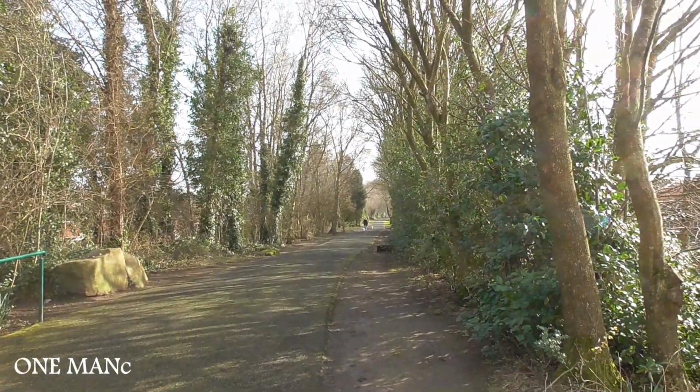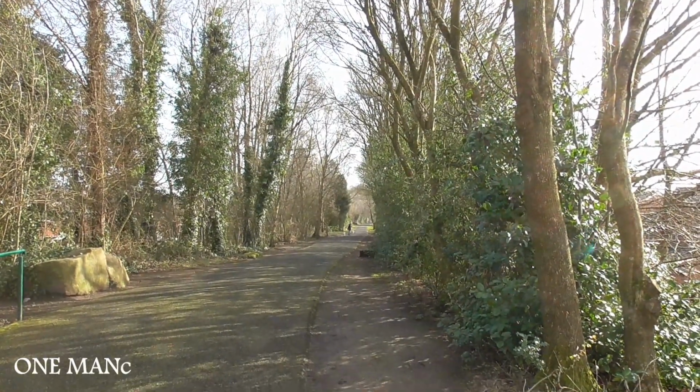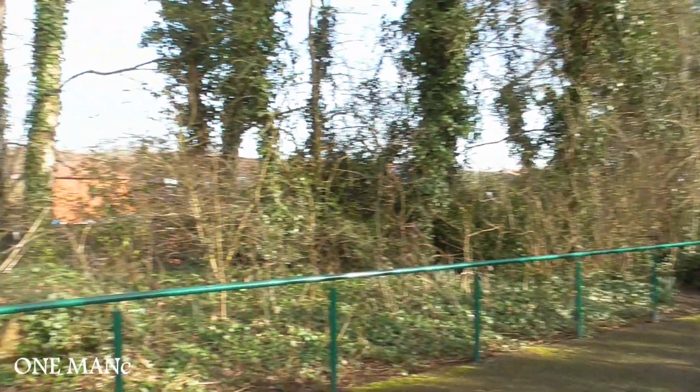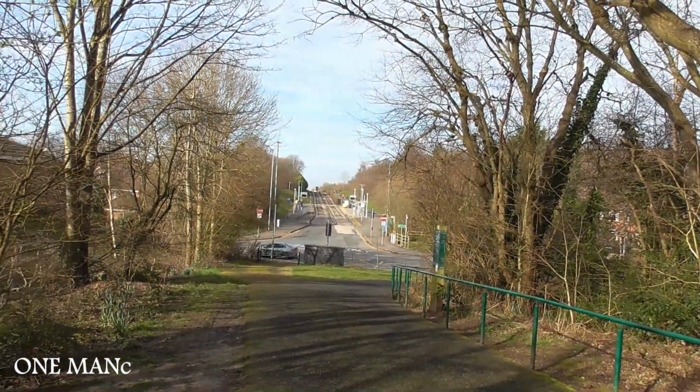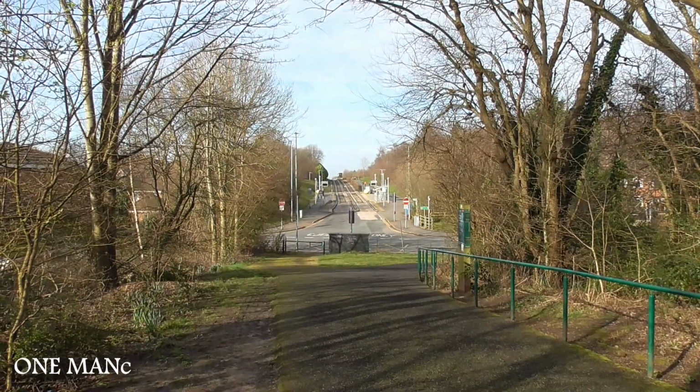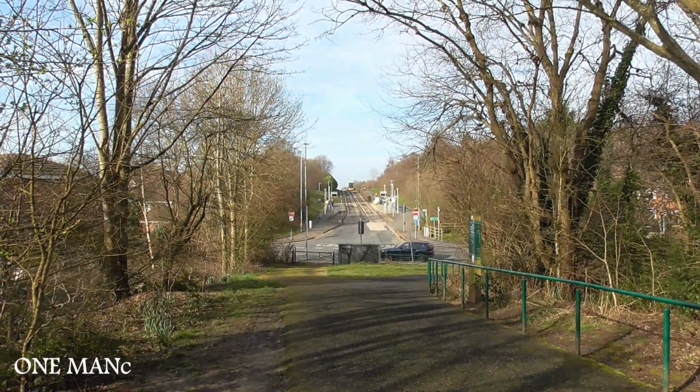Well, we've come to the end of the first country walk. As you can see, nice and green, that's looking back. We're now coming to a guided bus lane, and where you're looking, where it terminates now, is the site of our first station,